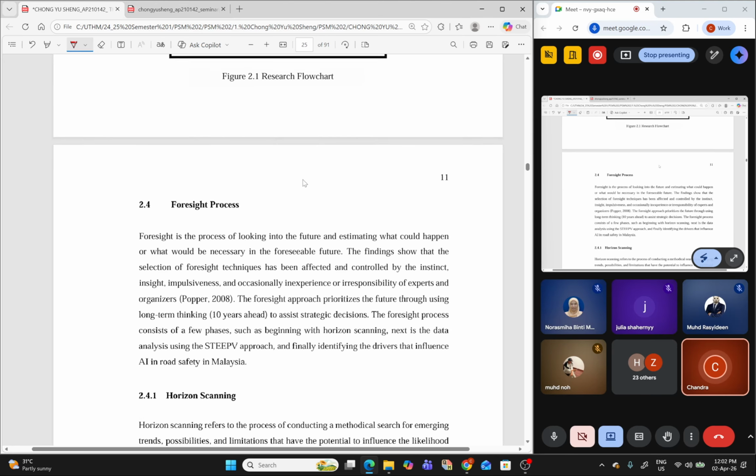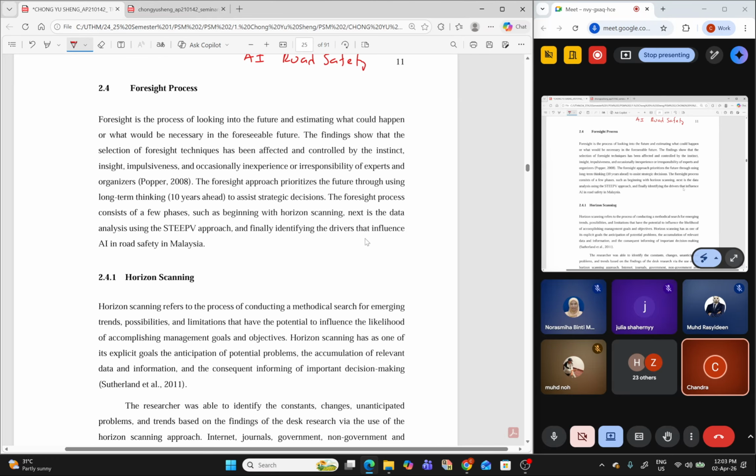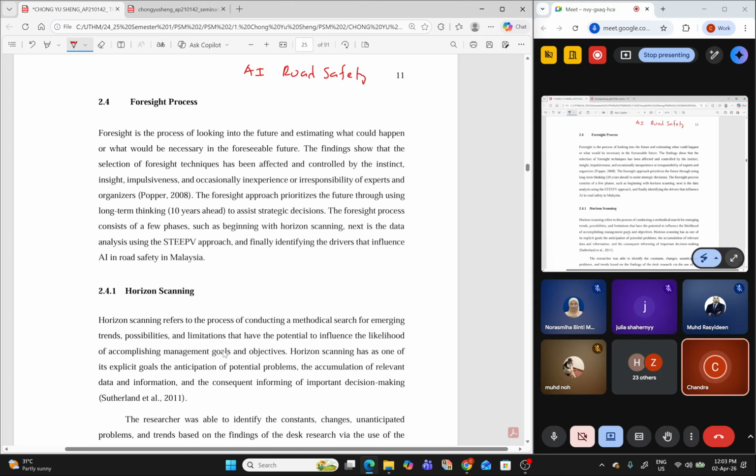You see, just now my student, the title was AI in road safety. So horizon scanning is collecting all the